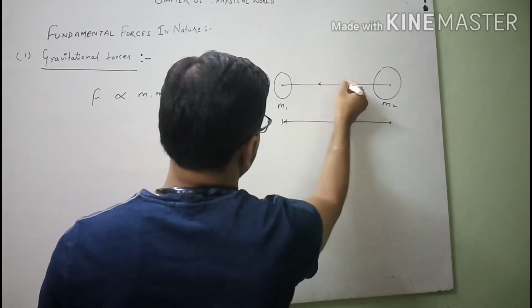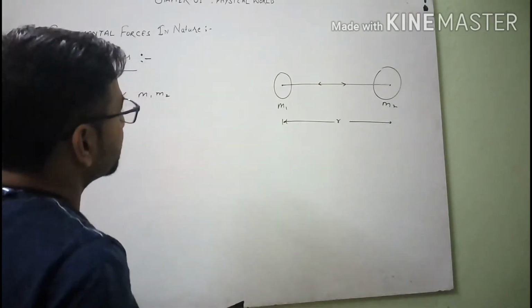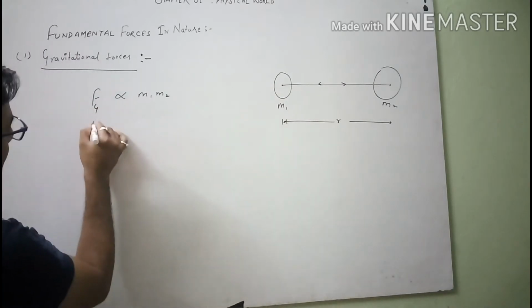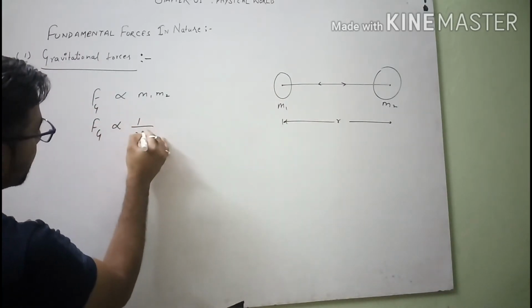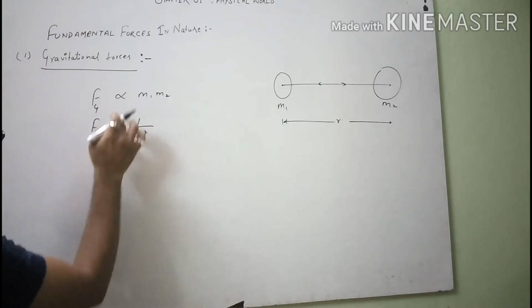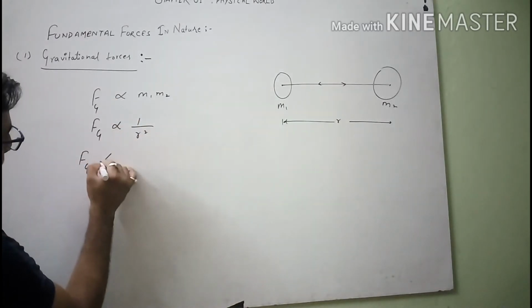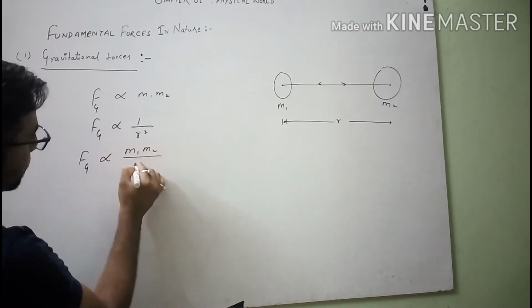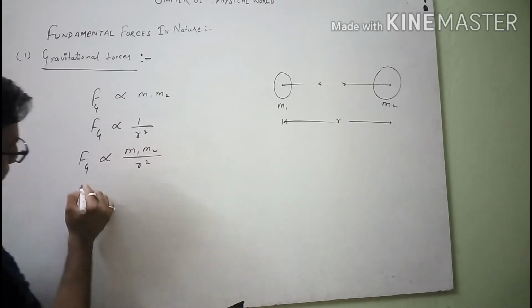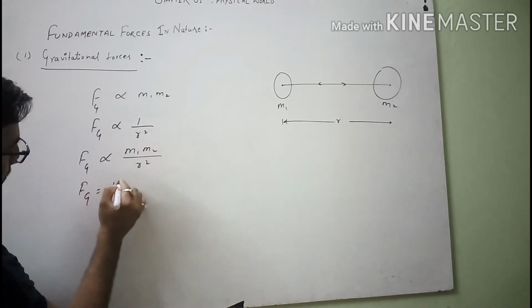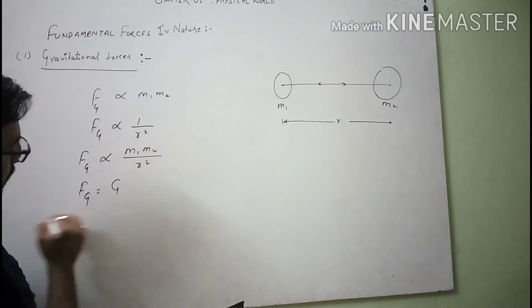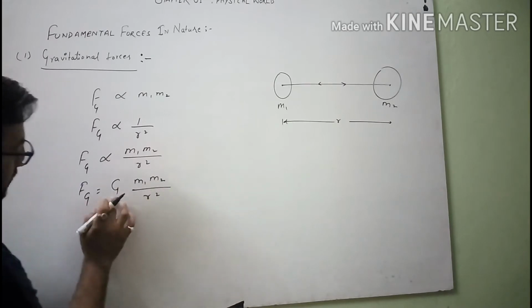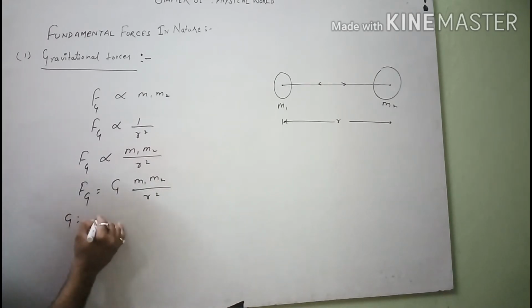Then the gravitational force between them is directly proportional to the product of their masses and inversely proportional to the square of the distance between them. So F is proportional to m1 m2 by r square. After removing the proportionality sign, I will use a constant, the proportionality constant G: F = G m1 m2 / r². This proportionality constant G is called the universal